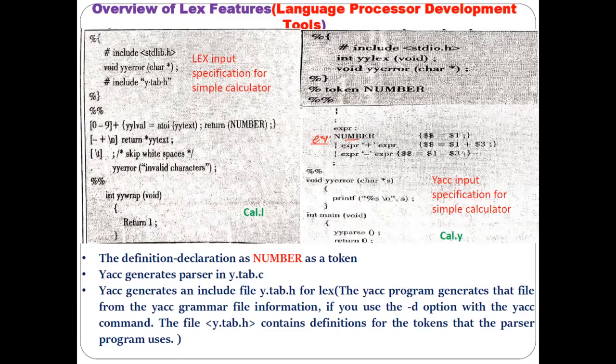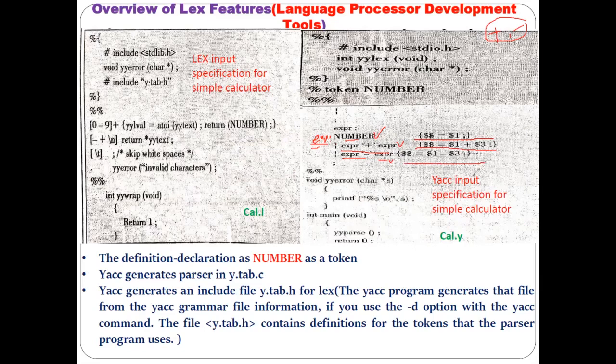Expression as a number, or expression as an expression plus expression, or expression as an expression minus expression. You are getting the rules here. First understand the rules. Three rules are written. Only two operations we are performing here. That is the reason you are writing the grammatical rules for two operations only, plus and minus, addition and subtraction. And in front of each production rule you have written, you need to mention the action. So this is the action part.